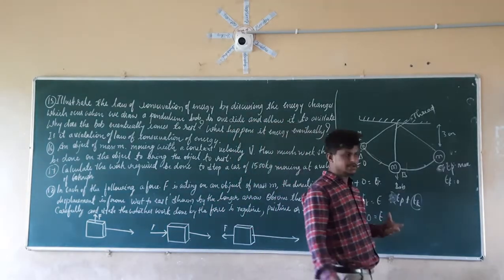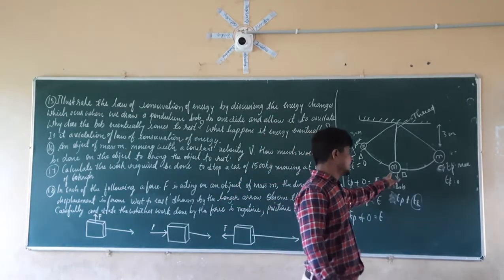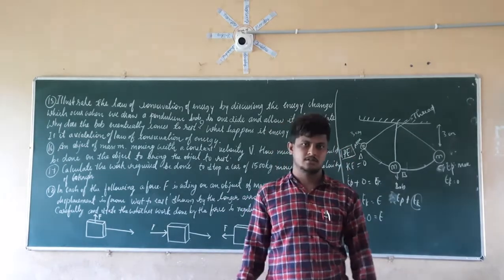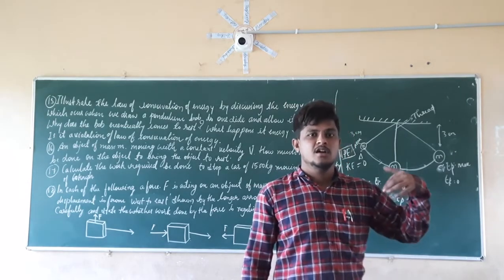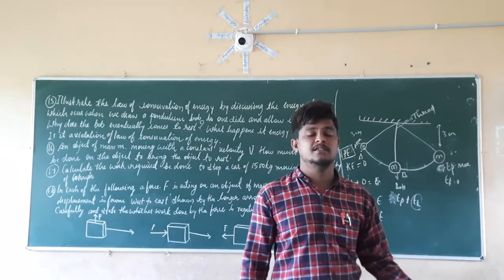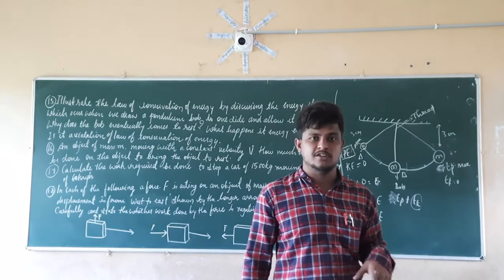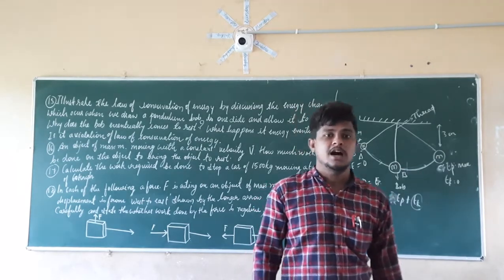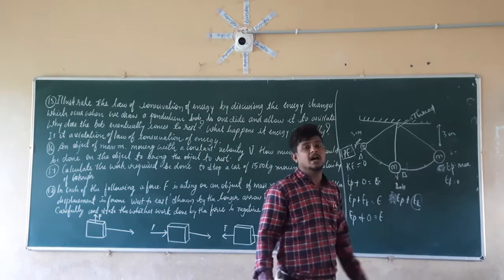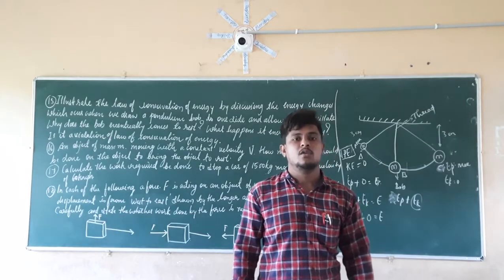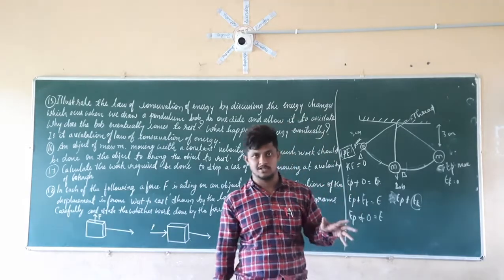And you may ask another question here. If it is not violating the law of conservation of energy, at last this pendulum is going to stop here only. So it doesn't have any energy. So where does that energy go? Again that energy is getting converted into another energy or mechanical energy to overcome the air resistance and rigid support. So we have to take that energy also. So again if we take that energy also at the final position here, at that position EP and EK, the total energy will be equal to the same only.